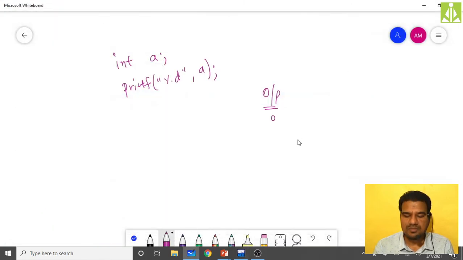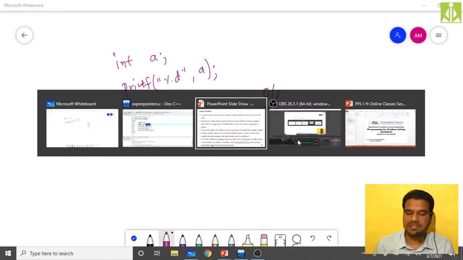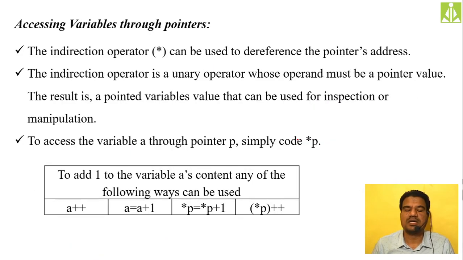Now after this discussion we have to go to the next slide: accessing variables through pointers. How can we access the values a variable is holding? To access what a pointer variable is holding, we have to make use of the indirection operator, which is nothing but the star operator.